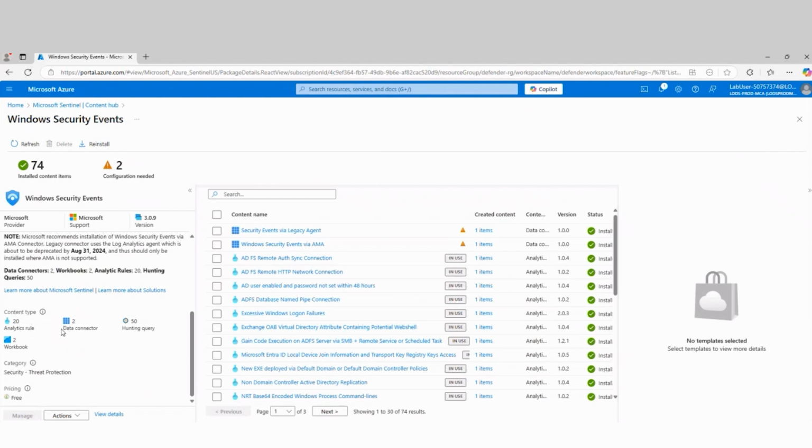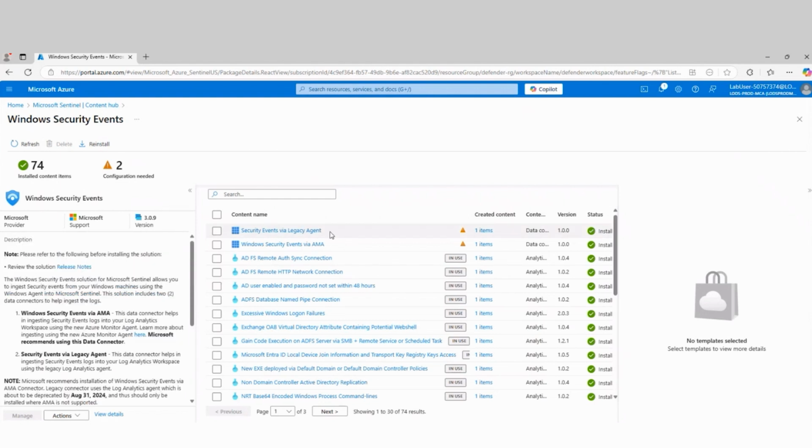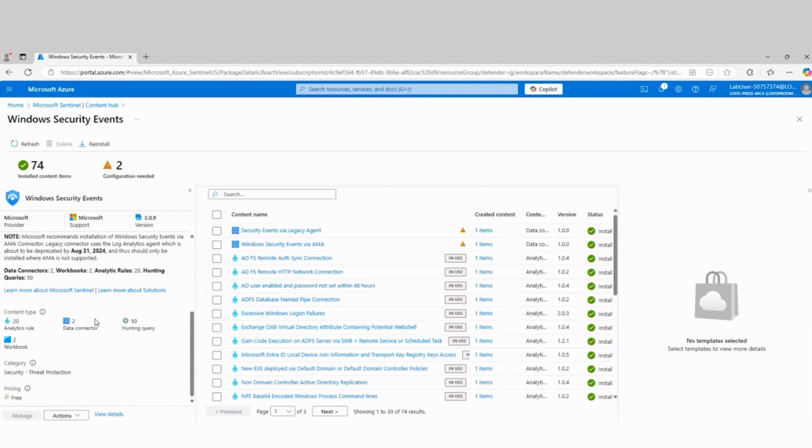Again, everything on the left here is very similar to all the other agents. But here on the right, this one's a little bit different, and here's why. This one actually has two different data connectors that you can use, whereas some of our other connectors only had one. And this is not unusual. Some of the connectors, not just Microsoft connectors, but third-party connectors also, will have multiple connector types as part of that. You also see we're getting 20 rules, 50 hunting queries, and 2 workbooks along